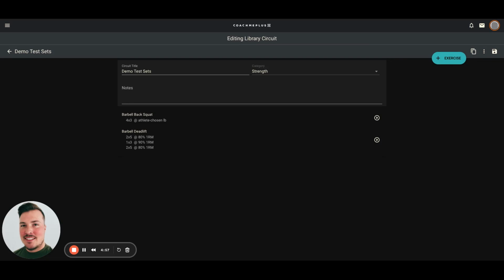I'm going to walk you through really quickly how to set up some test sets within the program builder. So you can do this within a library circuit. You can also edit the circuit on a program day and get to this screen either way and set up